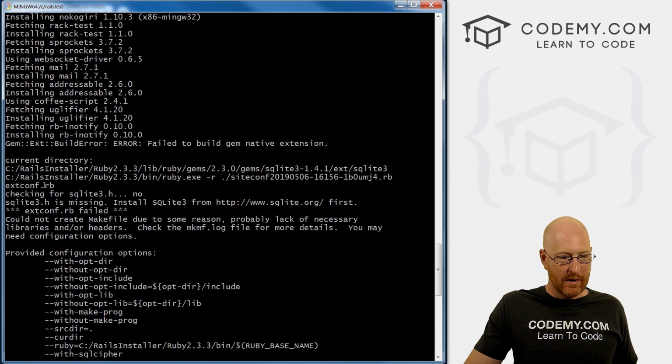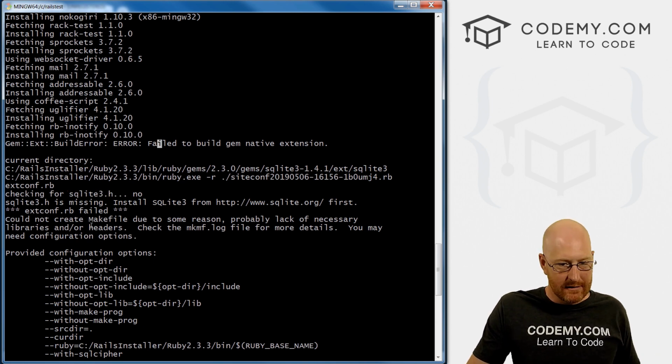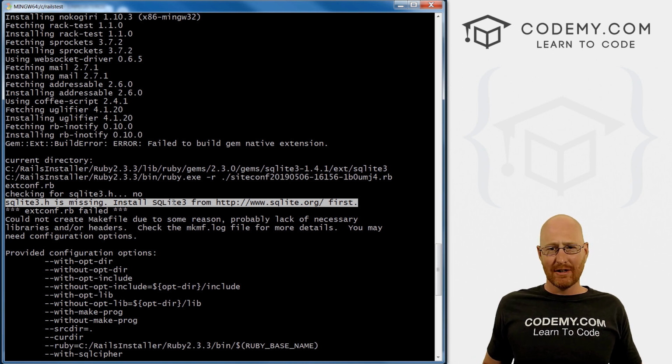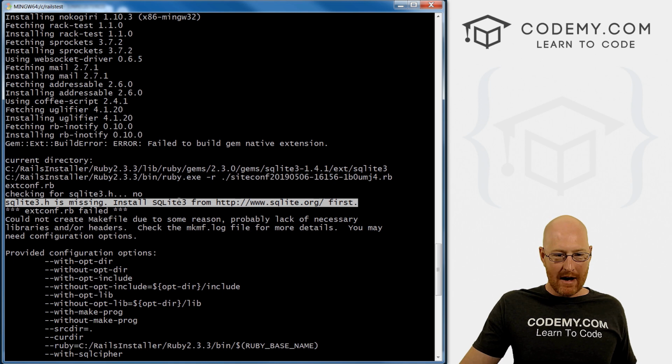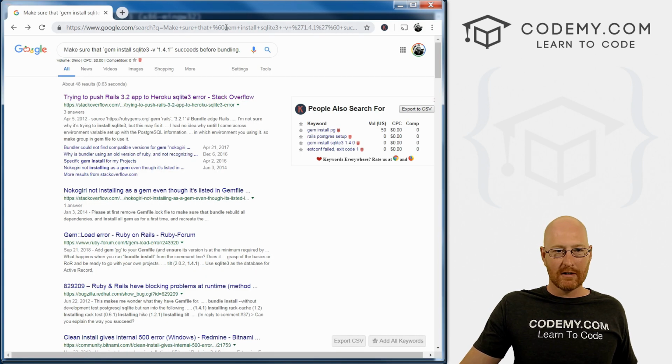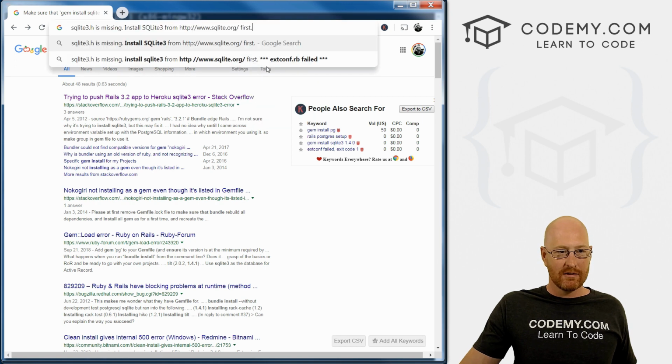If we scroll up, we get even more error messages. Checking for SQLite. So we have this .h thing. What is that? Who knows? Here it says sqlite3.h is missing. Install blah blah blah first. It's telling us to download SQLite, the database. Now that doesn't seem right to me, but we can copy this at least and head back over to Google and see. If we paste that in,